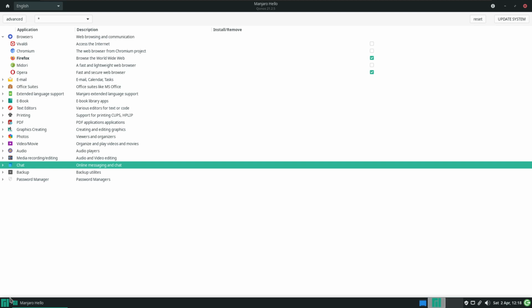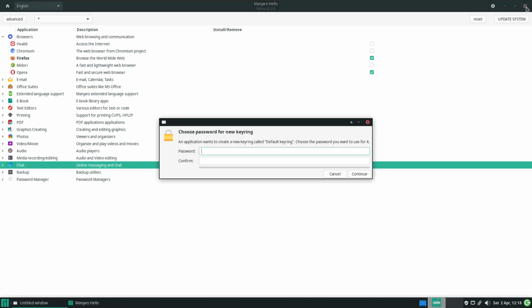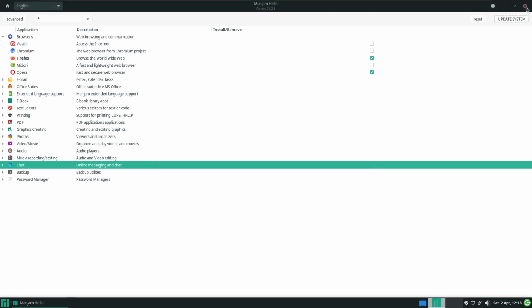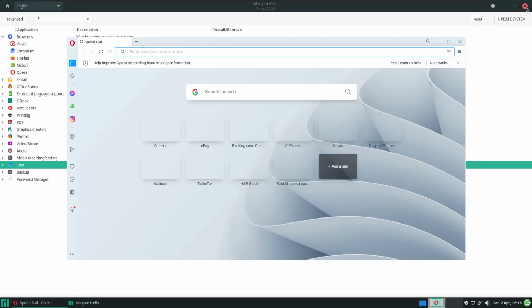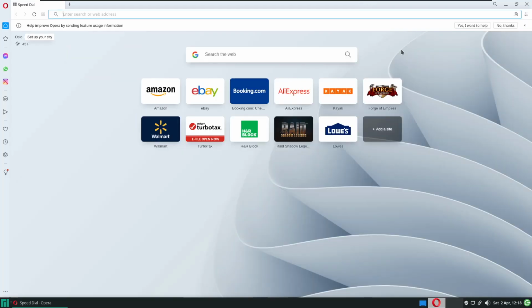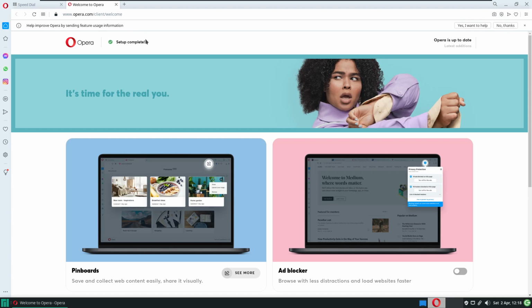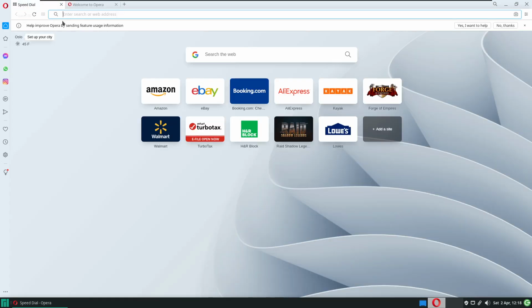Now if we go to Opera and give it a launch, we can close this down. This is going to want a password for the password keychain. This is just a standard thing, and here we go. Here we have Opera. It's just doing the first-time welcome. I prefer to have the Opera GX browser on Linux. That might actually push me across to using Linux full time. But anyway,